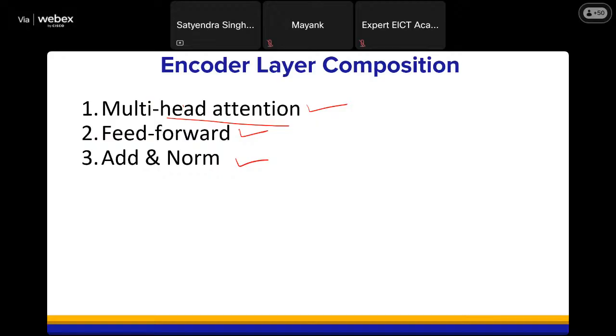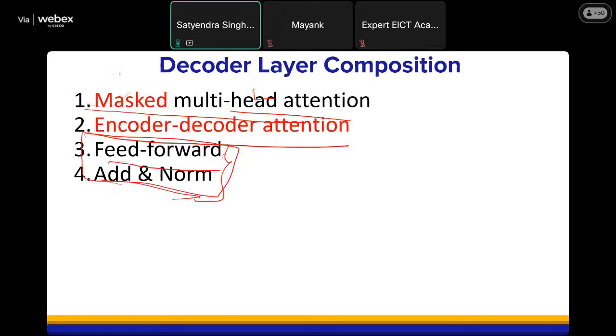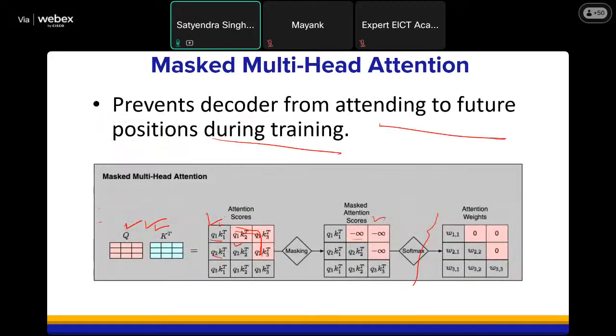Okay, so from the encoding layer, there is a decoder layer as well. In the decoder layer stack, each decoder layer has masked multi-head attention, encoder-decoder attention, and the feed forward and add and norm. Add and norm and feed forward work the same as in the previous, which we had discussed in the encoder layer. Instead of having a multi-head attention mechanism, you have a masked multi-head attention network,